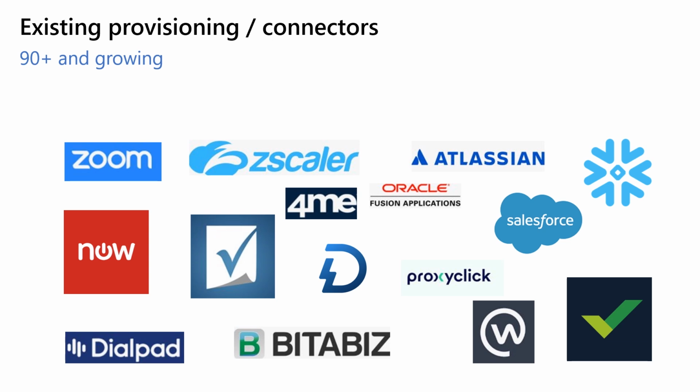So we do have a lot of provisioning connectors recently enabled. When we started this year, we had 30 plus connectors only available in the app gallery which support user provisioning. But now SCIM is the new standard which is coming super fast, and there is great adoption which we have seen. We have now enabled 90 plus applications for user provisioning. If you have added an application before, something like Zscaler, Atlassian, Snowflake, Salesforce, or Rike, or many others, now you can enable user provisioning with these applications pretty easily.